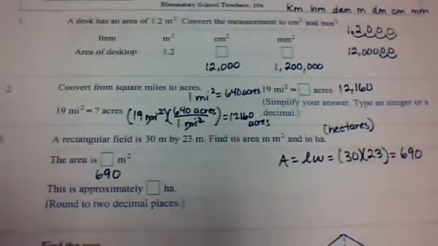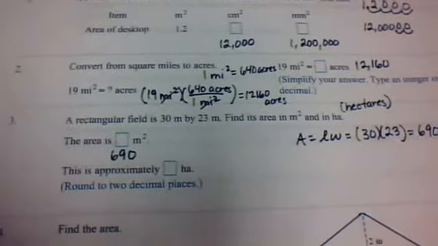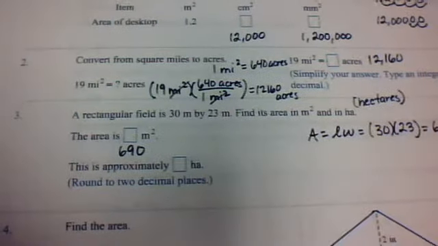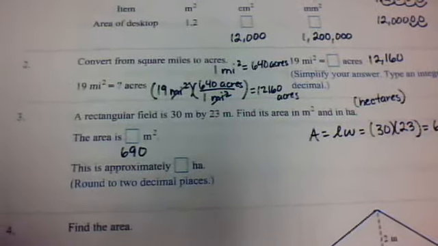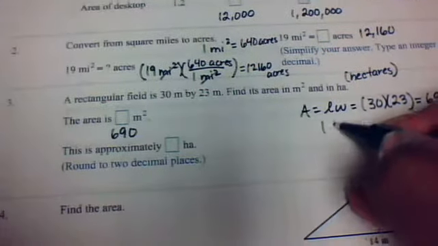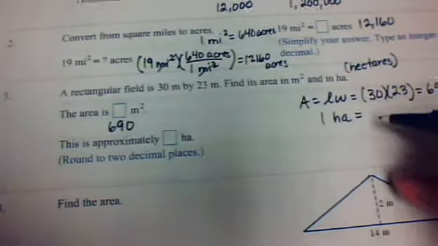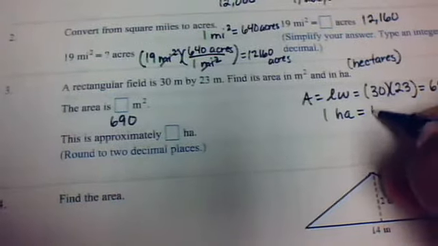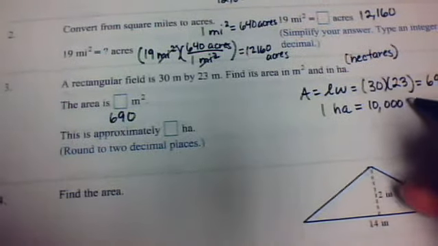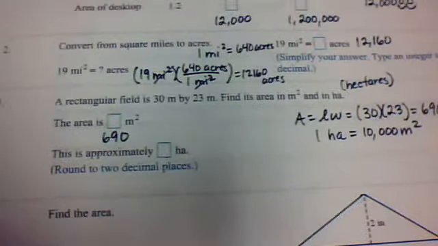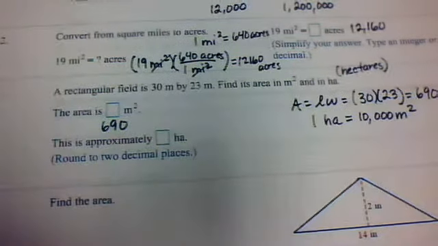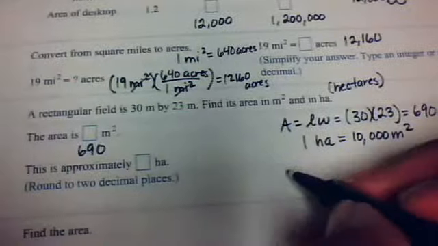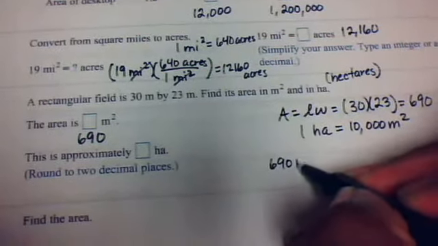Now we want to convert that to hectares. And if we have to, we need to round that to 2 decimal places. Now we're told that in this case, it's in square meters, so 1 hectare is going to be 10,000 square meters. Okay? So here, 690 square meters